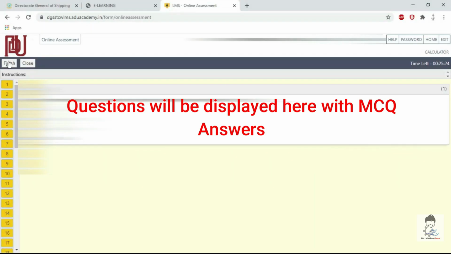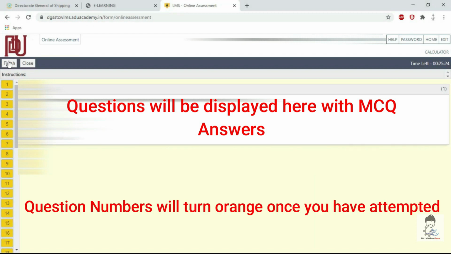So this is how the interface is. The questions will be displayed at the center under a white background, and the question numbers 1, 2, 3, 4 are on the left hand side. The moment you attempt a question, it will turn orange, and the questions which are yet to be attempted will still remain white in color. So you can keep on going from question number 1, 2, 3, 4 and give the multiple choice answers.